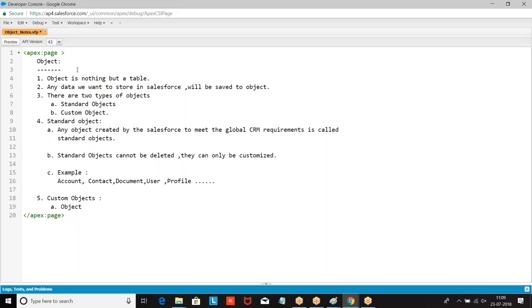Objects created by the user according to his organizational business requirements are called custom objects.